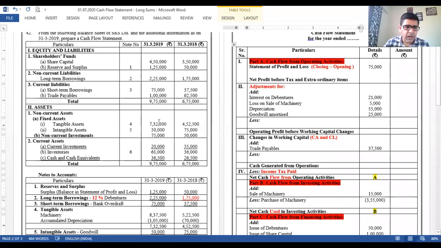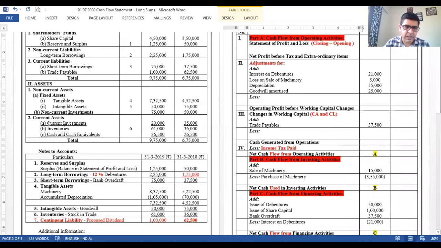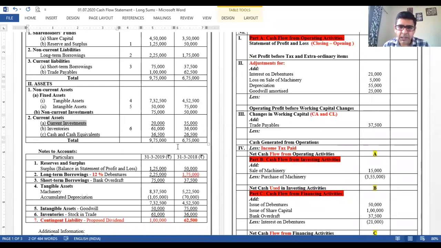After intangible assets, it's current investments. Current investments, if you remember when we discussed the theory part, I told you this is the item which is treated as cash and cash equivalents. If there is no additional information with us, by default we have to go with cash and cash equivalents. That's why I have underlined that over there. Whenever you practice, keep a star sign, something like that, so that you remember the current investment has to be taken along with the cash and cash equivalents, right?